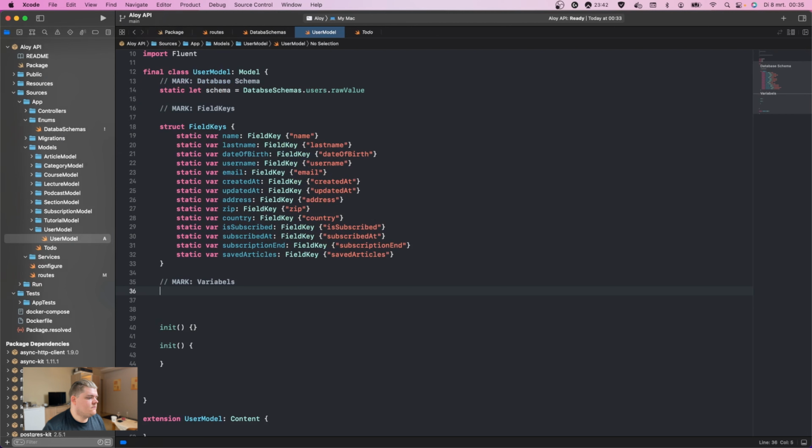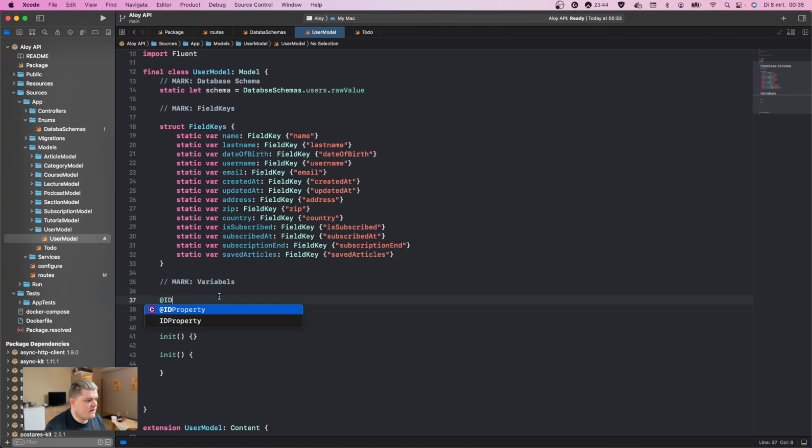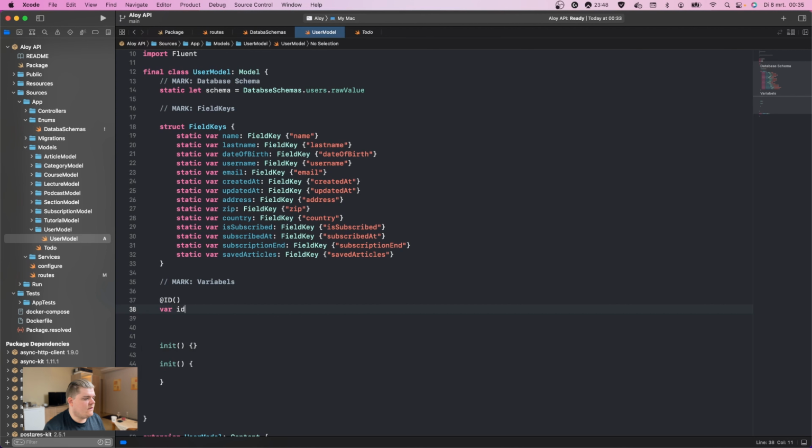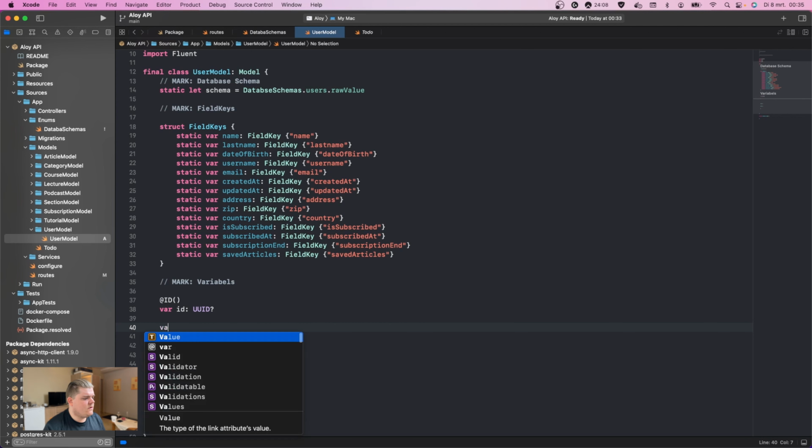So the first thing we're gonna do is get ID. And under there we're gonna do var id is equal to UUID. This is gonna be an optional. And this is actually the unique identifier of our user. So the moment when a user is created, it's gonna get a random generated user ID. In Vapor, this is like 16 characters long. After that, we're gonna do add